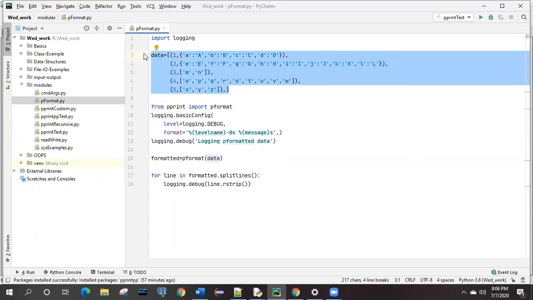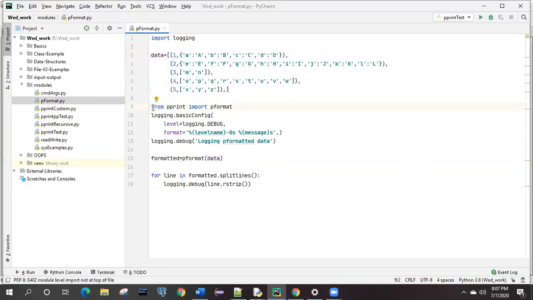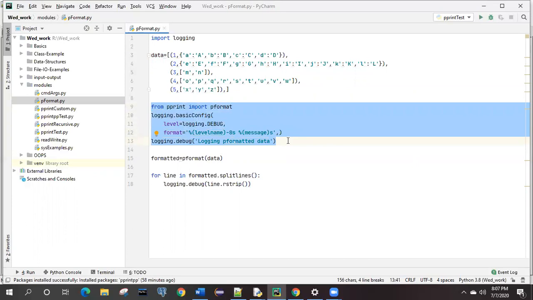Whenever you are running normal applications, you will be able to see logs related to that file. You can print the logs of what steps it is executing for each and every line. This pformat example is basically to give you the log information, meaning how you can write logs in Python.